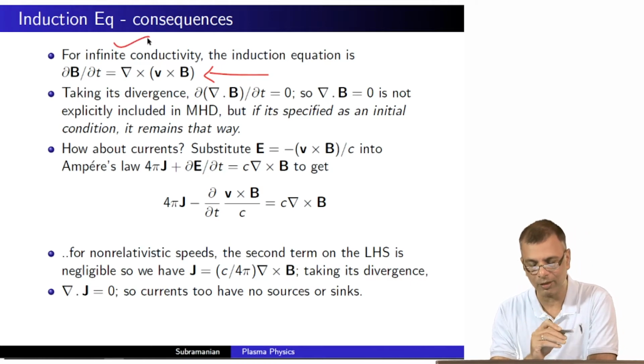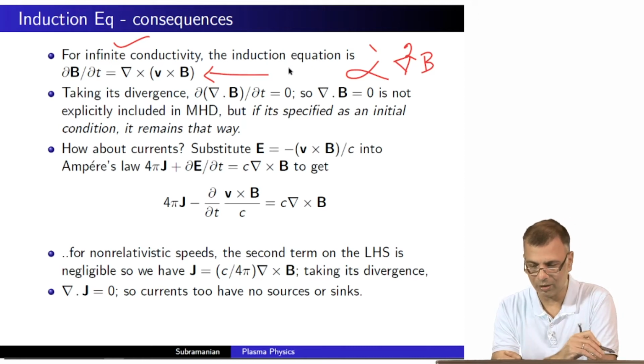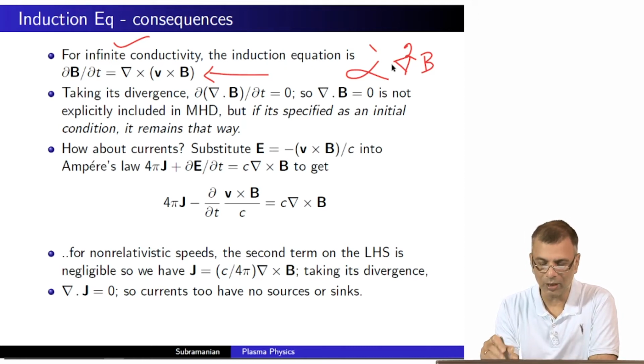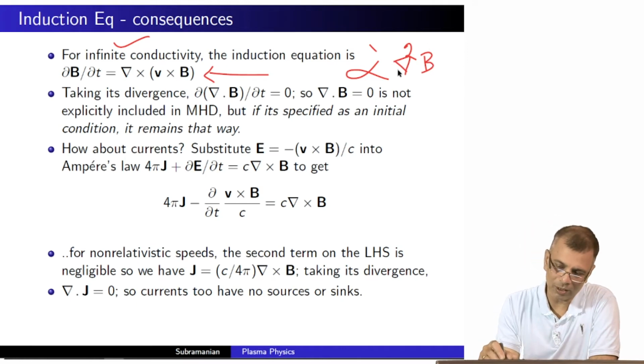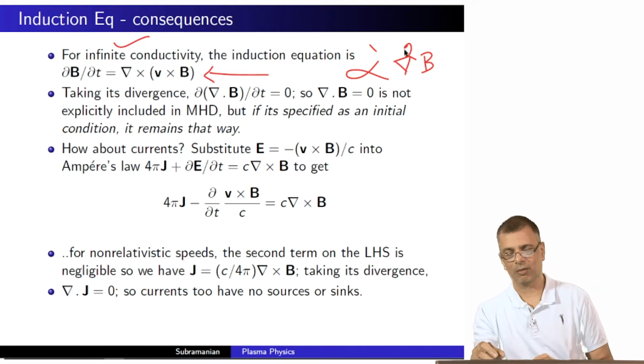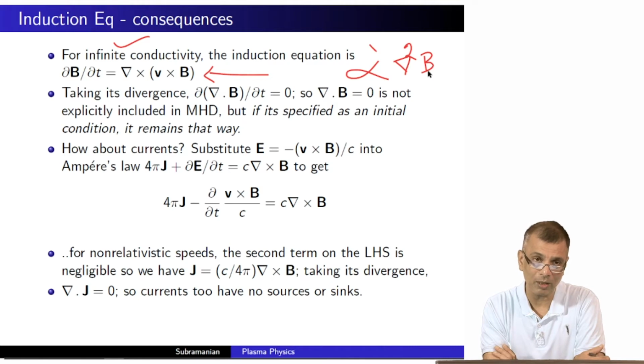If you have finite conductivity, you will have an additional term which is proportional to del square B, right? You'll have an additional term here, and the proportionality constant contains the conductivity, right? So this diffusive term assumes importance only when the conductivity is finite and not infinite. Okay,